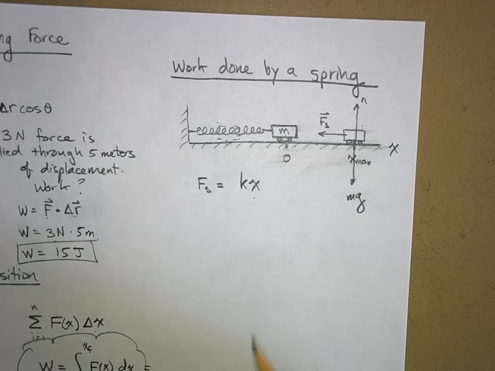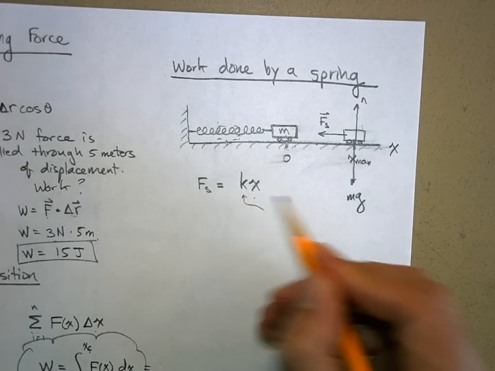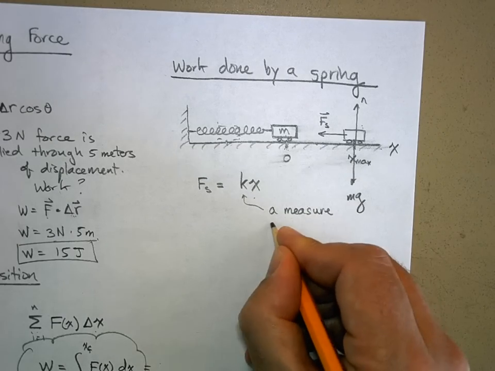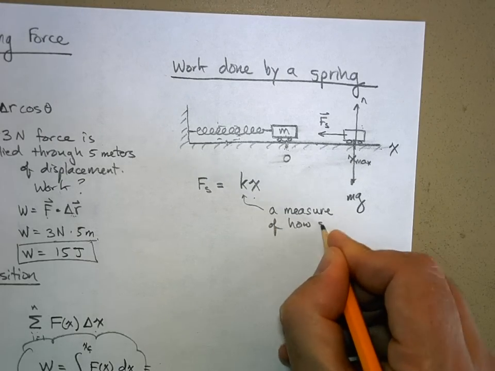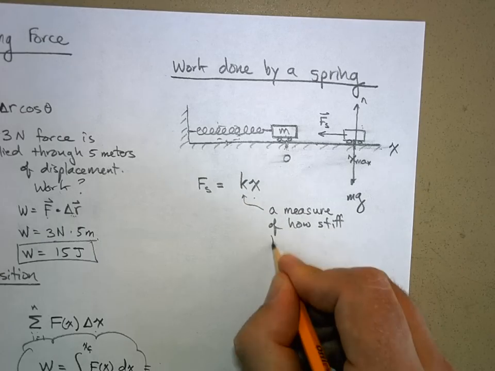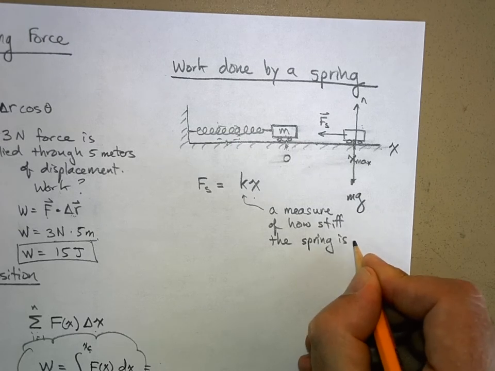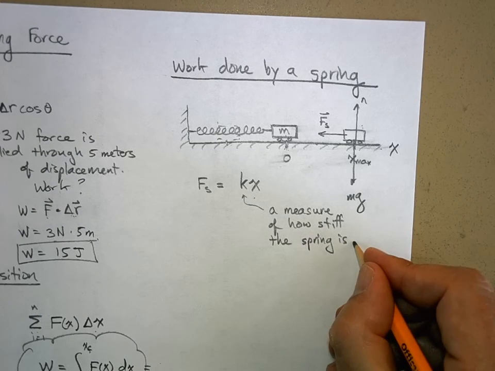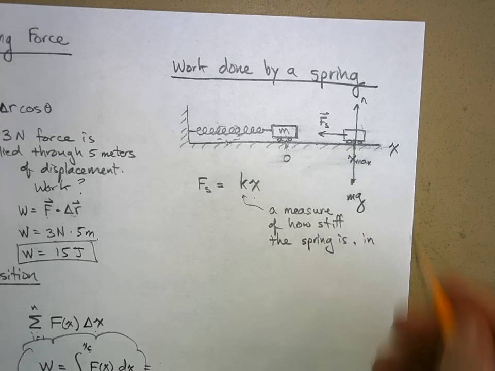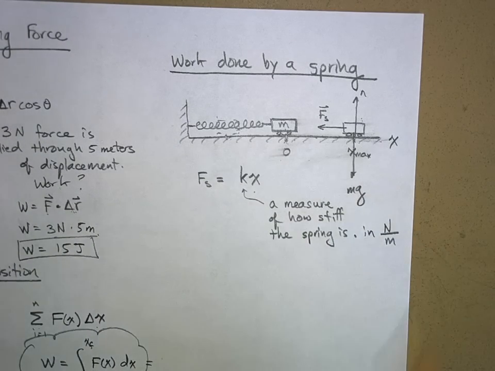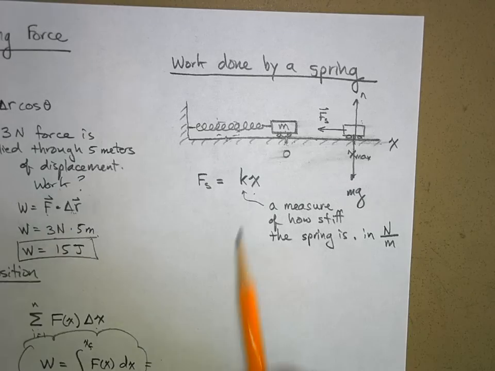But what is a spring constant? It is a measure of how stiff the spring is. It's measured in, we're using the metric system here, it's in newtons per meter. This is a measure, okay, of how many newtons of force do I need to stretch or compress this spring by